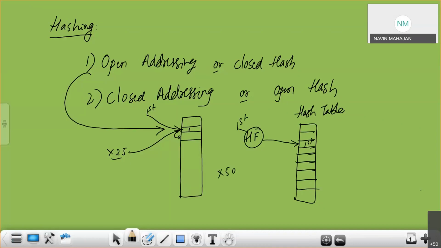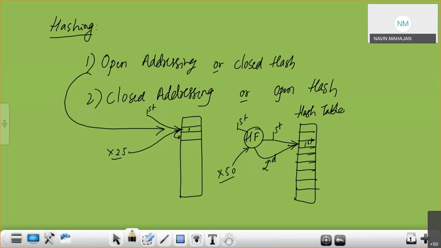I want to store this number into hash table. After applying a hash function on this x50, it is also generating the same memory location. This is first address, and this is second address. Now, what is this called? If two keys generate the same memory location in the hash table, that is called collision.